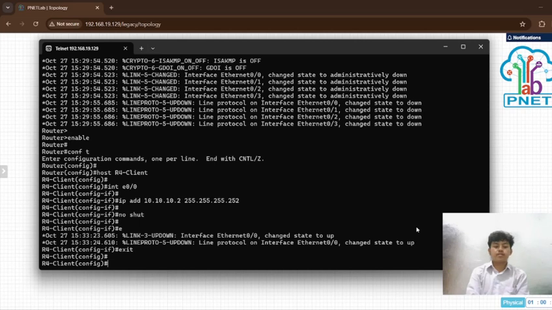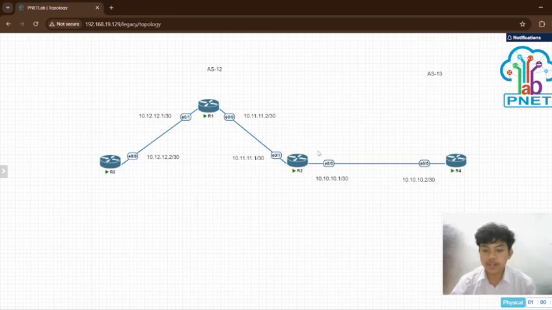Okay, after the basic configuration, next we will configure BGP.